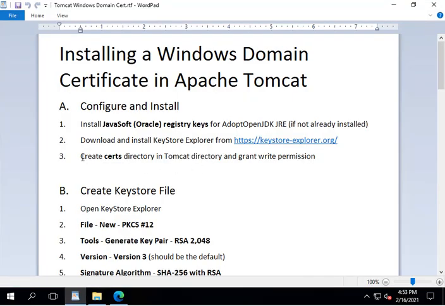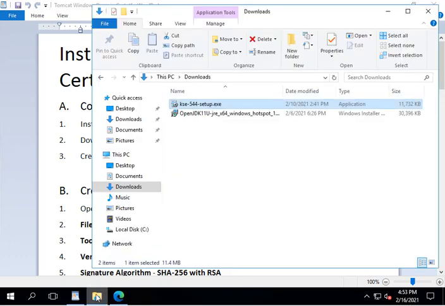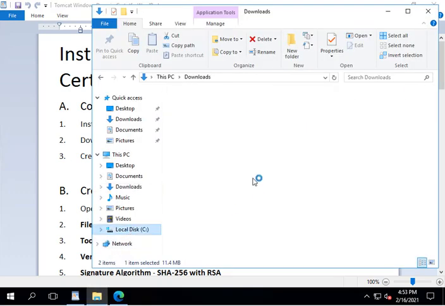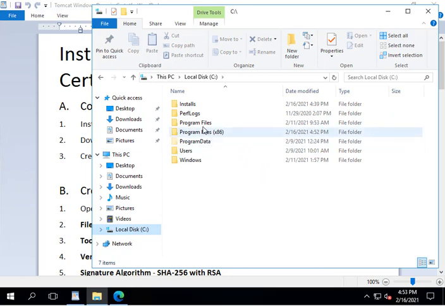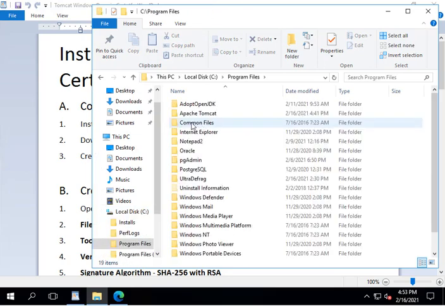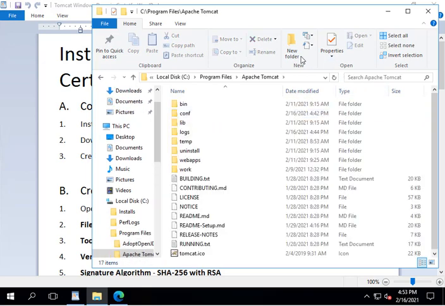The last preparatory step I want to do here is create a search directory under my Tomcat install directory. So I'm going to go to C, Program Files, and mine happens to be installed in Apache Tomcat. I'm going to go into that folder and we'll create a new folder there. And I will need to confirm administrator and call it certs,